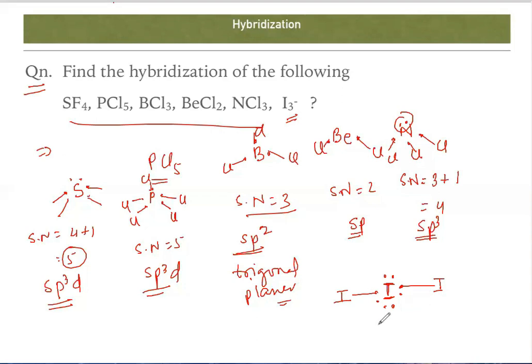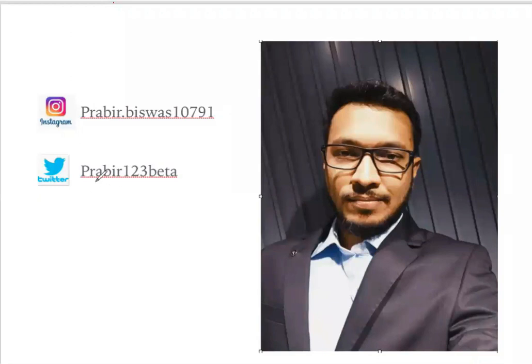So now calculate. Now I think it's easy. So steric number is 1 lone pair, 2 lone pairs, 3 lone pairs. Lone pairs are 3, sigma bonds are 2, total is 5. Hybridization is sp3d. Many competitive exams have asked what is the geometry and how many lone pairs are there. The geometry is linear.